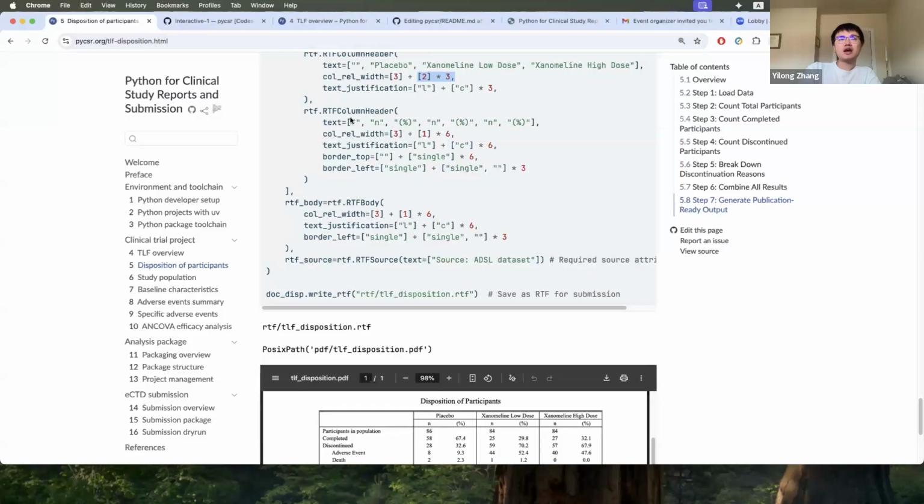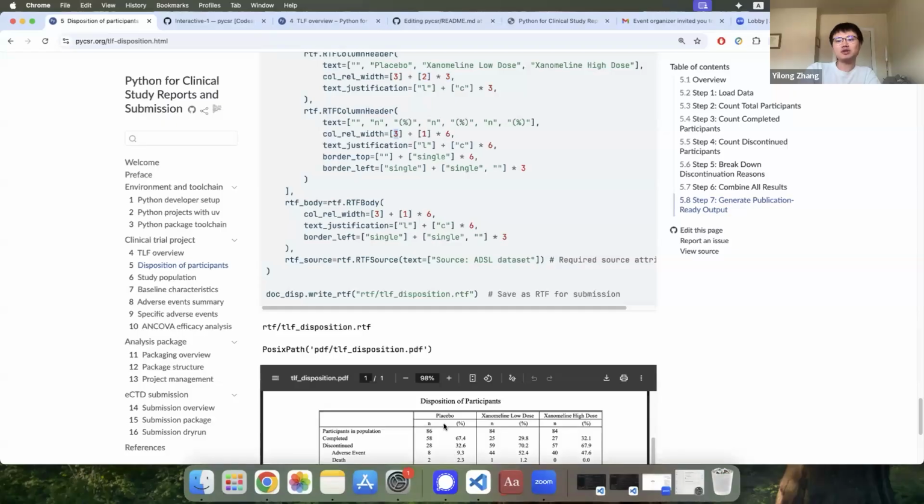And similar idea, you can have the second column header that has more columns, with the first column still being 3, so it's matched together. And the rest you split into the n and percentage, so to get a 1-to-1 ratio. That's how you can get a split and nested column header for some complicated design, right?